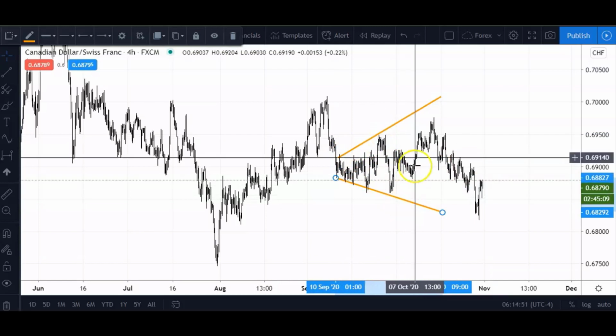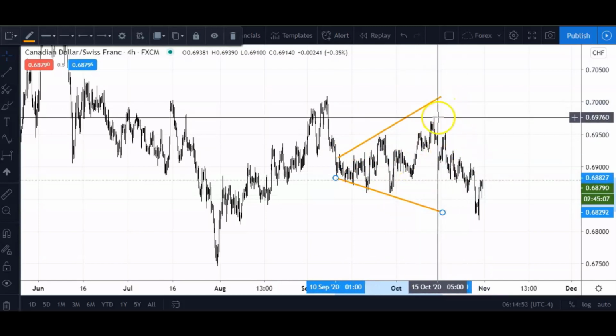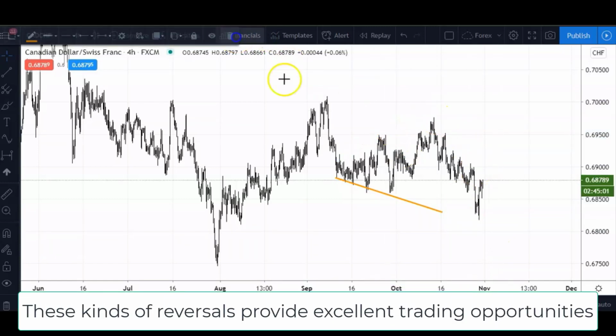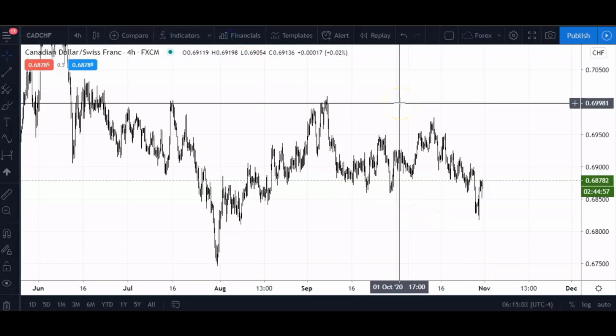And it expands and expands and expands until it ends, and then a reversal appears. Quite often these reversals will be quite volatile, or say one directional, but in any case they make great trades or great